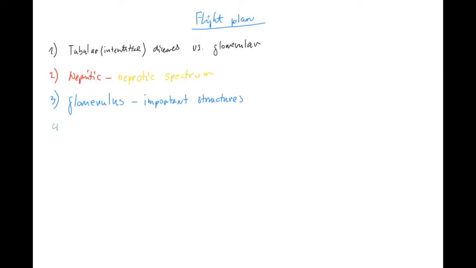Fourth, we're going to talk about, and this is going to be long, glomerular diseases. So in this part, I'm going to name them. Glomerular diseases. And I'm going to try to divide them in, we could say, many ways. But the main division is going to be, and we're going to talk about this even earlier during the nephritic, nephrotic spectrum, but still I'm going to stress which diseases are really inflammation, and we would call them glomerular nephritis,